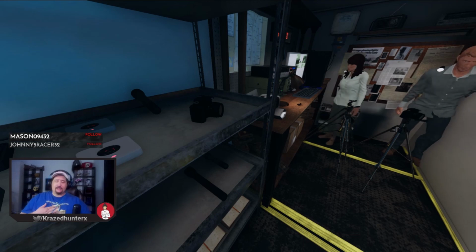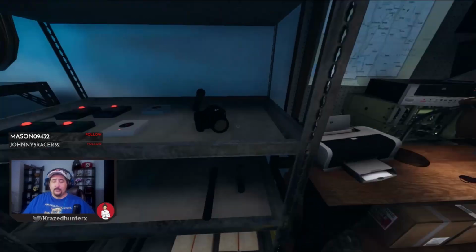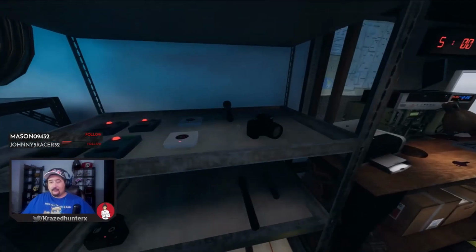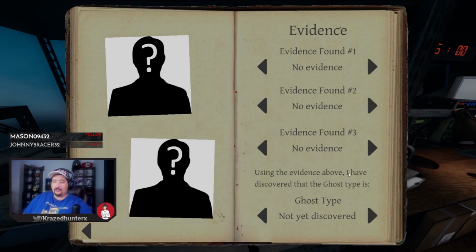I personally like the stands because it gets them up even in the room, nice and high, so that you can see them a little bit better. Those, you look for little ghost orbs in the night vision. That'll be the other evidence that you need. The evidence is, once you find 3 evidence,